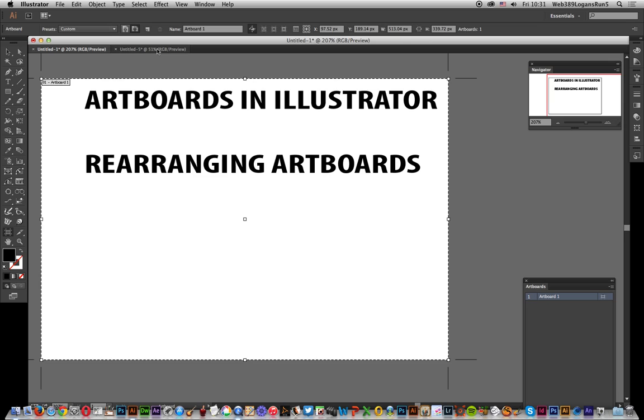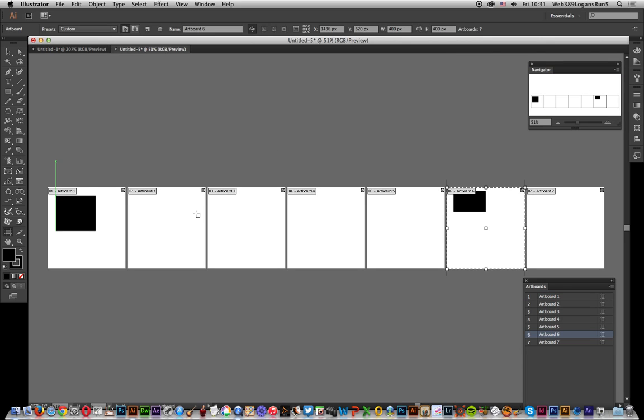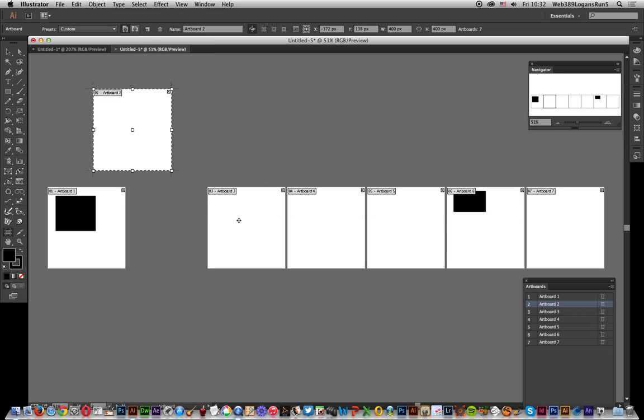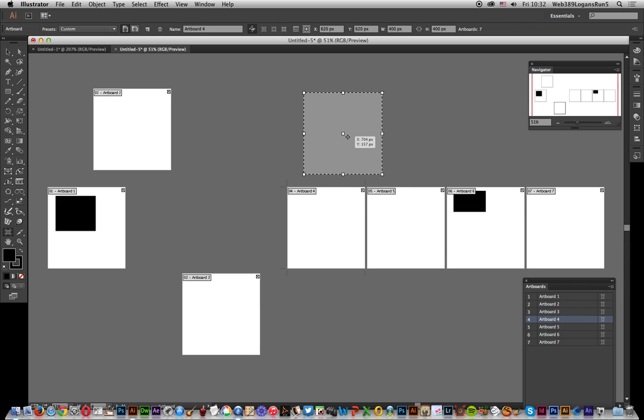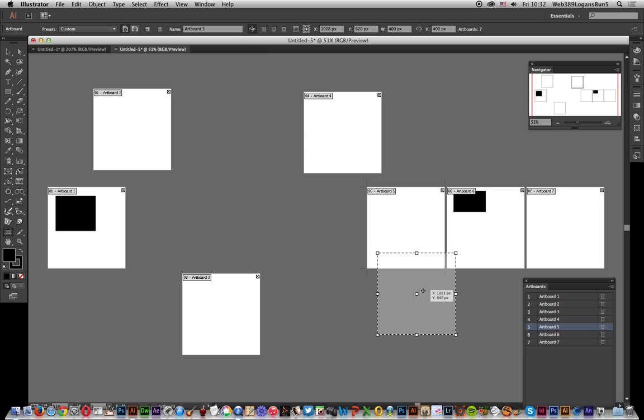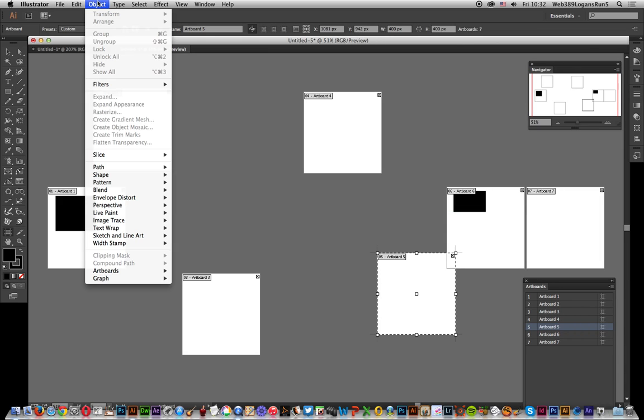Now, I'm just going to go now to a slightly more interesting document. Now, what I've got is 7 artboards, and I've got a couple of paths included in those artboards. Now, obviously, to move them around again, you can just go here, select, and move around. So you can actually create quite a messy sort of document, and that's one thing that's really quite nice with the rearranging feature. You should just go around, move it around like that,